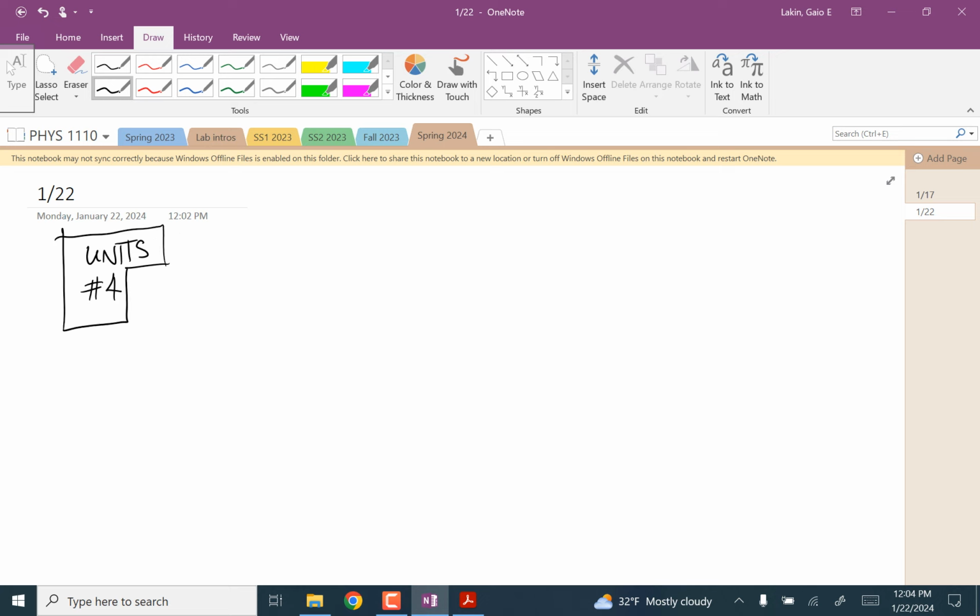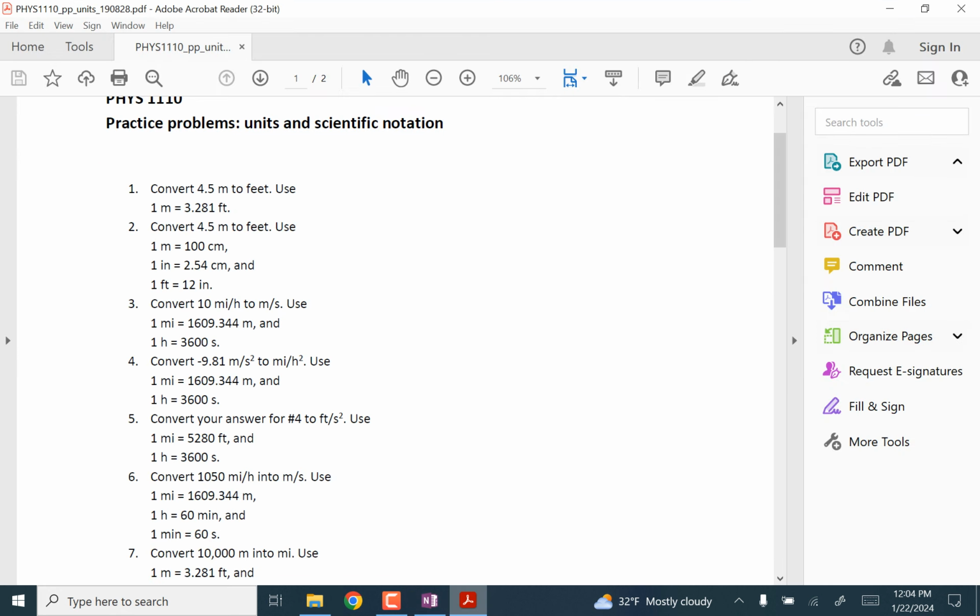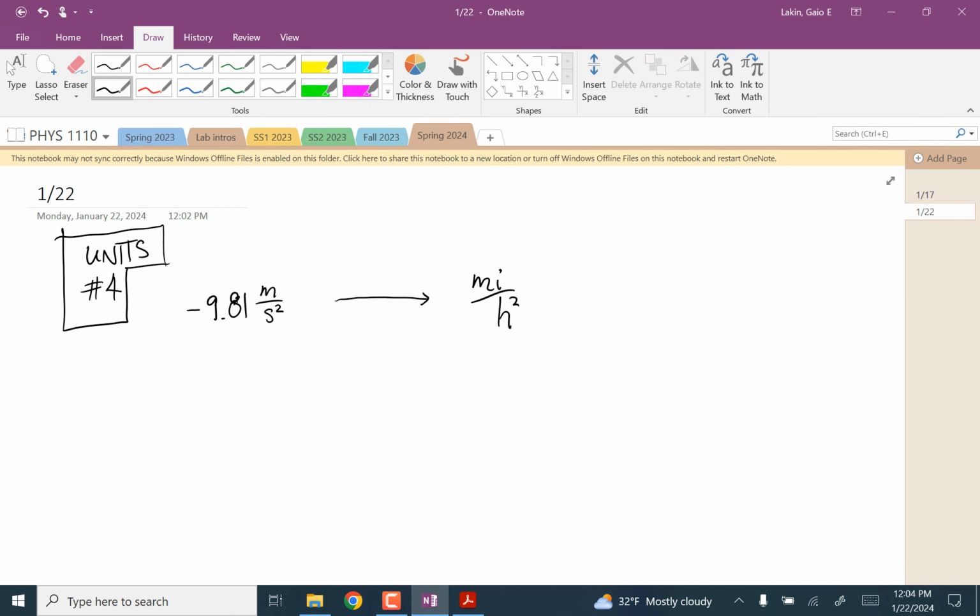And we're starting with negative 9.81 meters per second squared. And we want to convert that to miles per hour squared. Is that what it said? Miles per hour squared. Given the conversions,